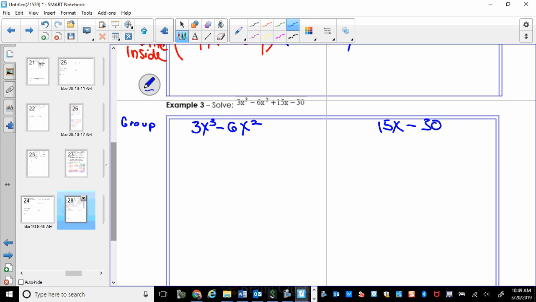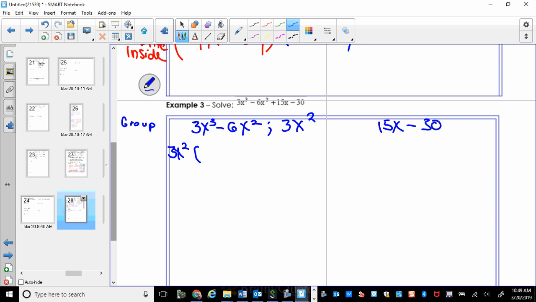So, looking at the first two, what is the biggest number? He says it's 3. Does everybody agree? Yeah. What's the biggest variable? X squared, why? It's the smallest one. It's smaller than x cubed. We always choose the smaller one. Okay? So when we do this greatest common factor, we're writing 3x squared